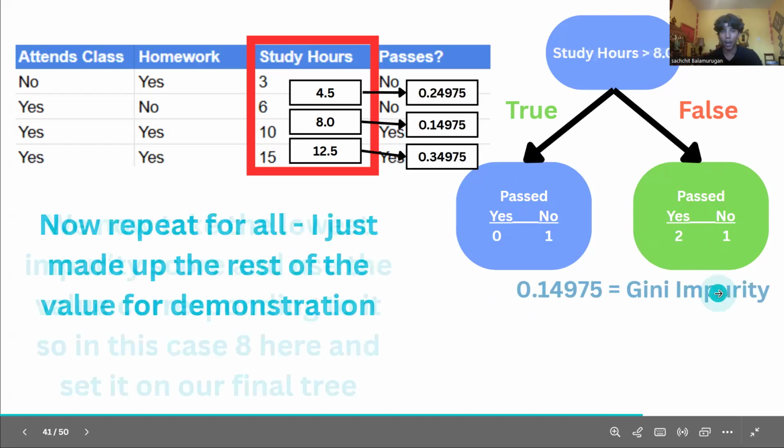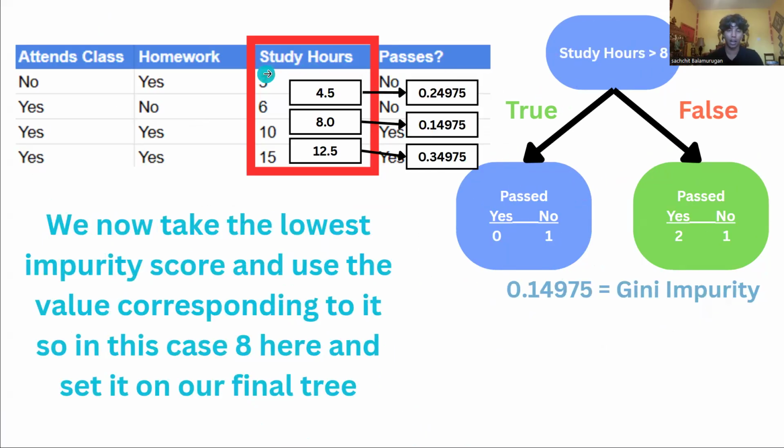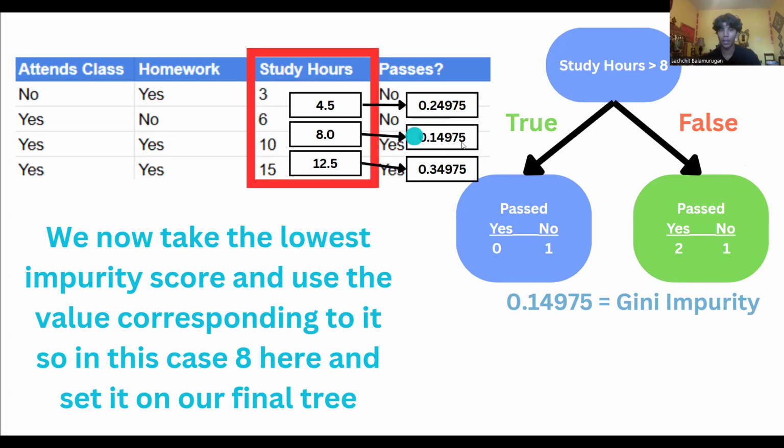And then you compare this Gini impurity value for all the cases, right? For all adjacent values. You're doing another question here. What study hours is less than 8? Study hours is less than 12.5. You're doing the same process over and over again for all your values until you're getting these values. And then you notice that the question you need to ask is study hours is greater than 8, because that's the lowest Gini impurity. Remember, we always use the lowest Gini impurity because that's the what? The most pure leaf.